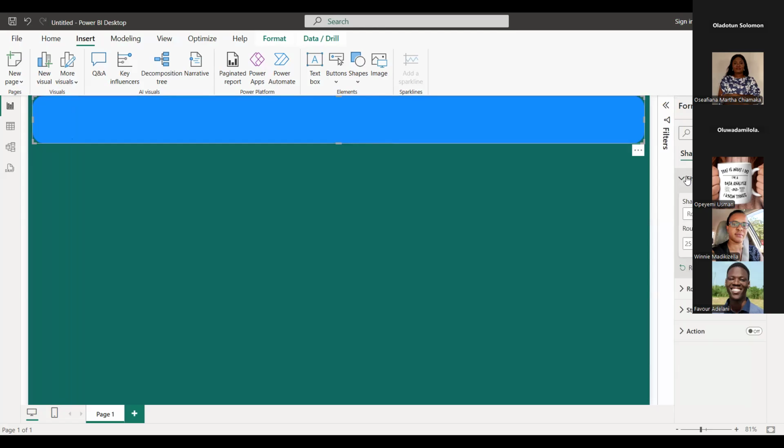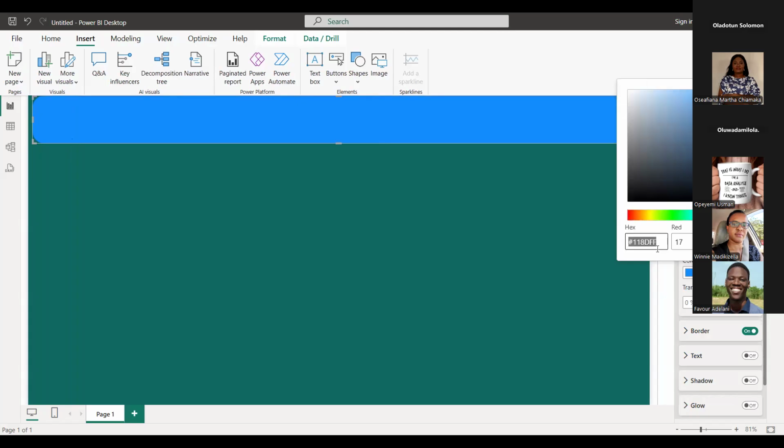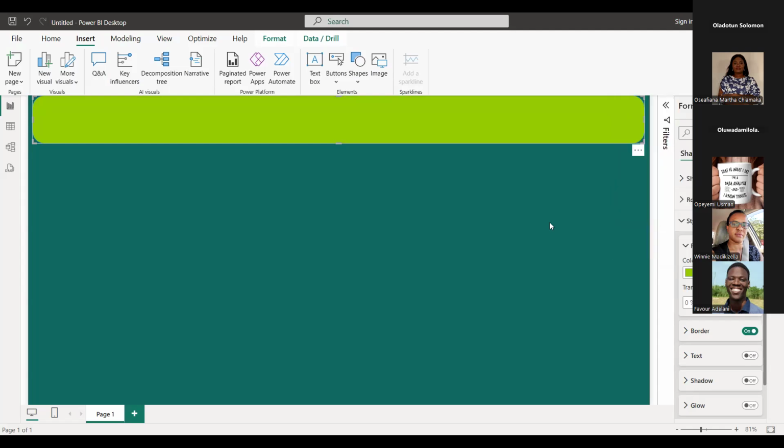So I'm going to format the shape by clicking on format shape, expanding the pane, and then I'll come to style because I want to change the color of this shape. Please stay with me. I hope nobody's confused. All right. Okay. So I just copied the hex code for my KPI. Good.